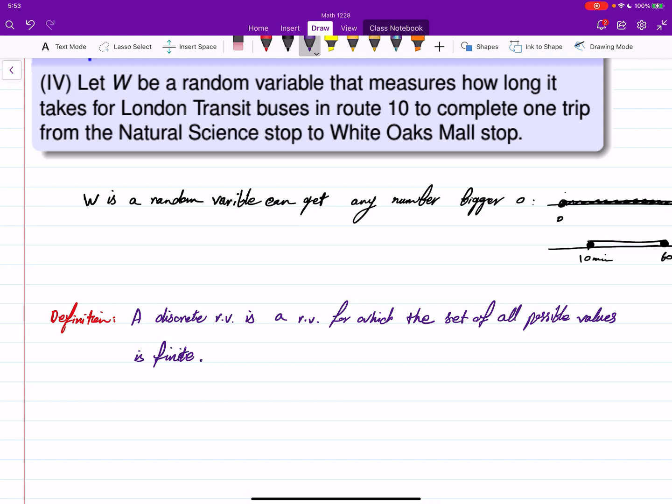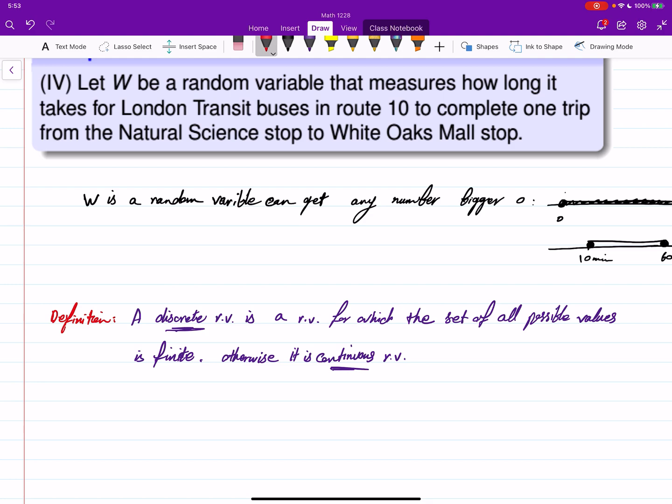So it only gets a finite number of possible values, and that's it. Otherwise, it is called a continuous random variable. So discrete versus continuous, we will study this in more detail, but what is important for us here is to see